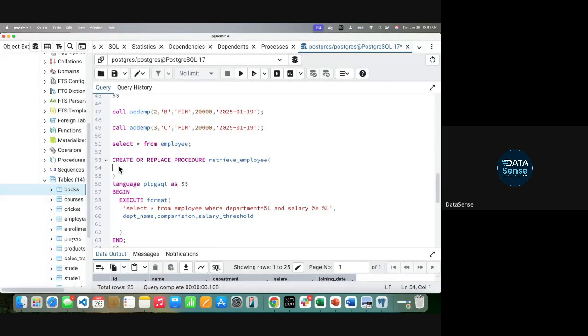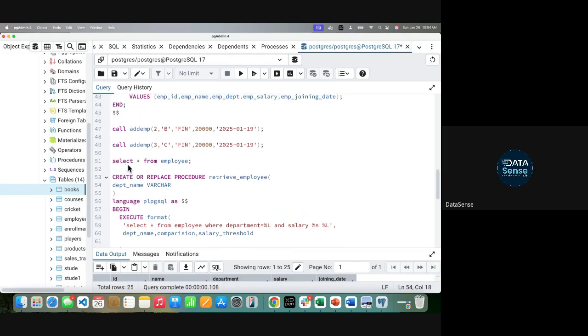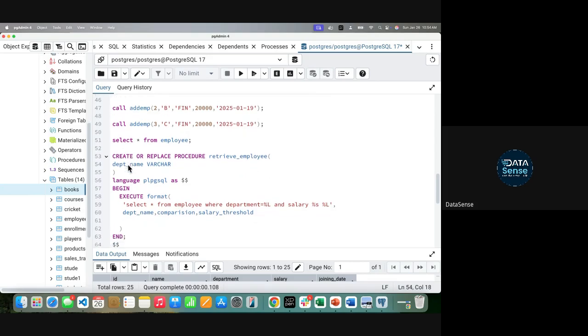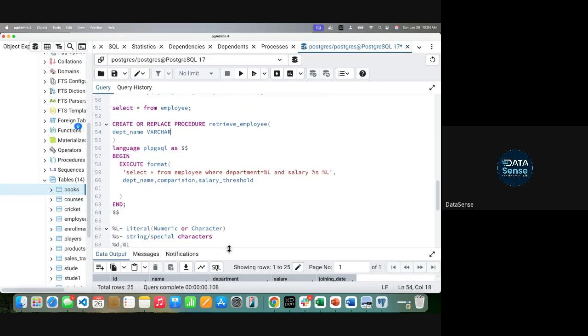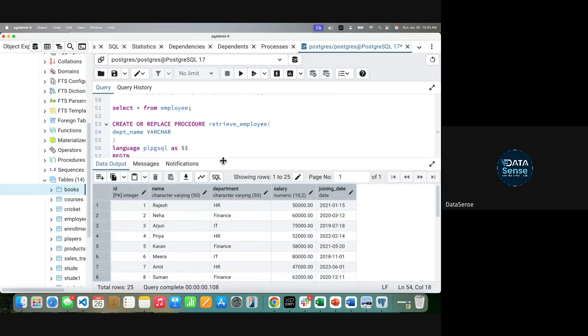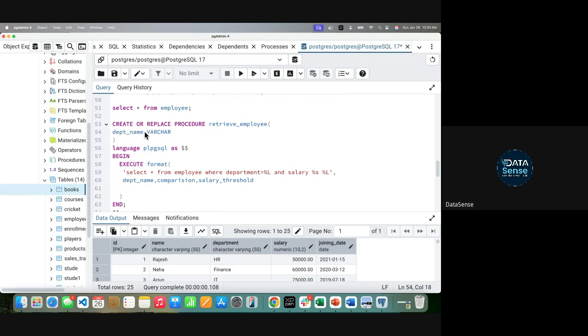The first will be department underscore name, and let's call it varchar. Also remember this name that you're creating here need not match the column names.